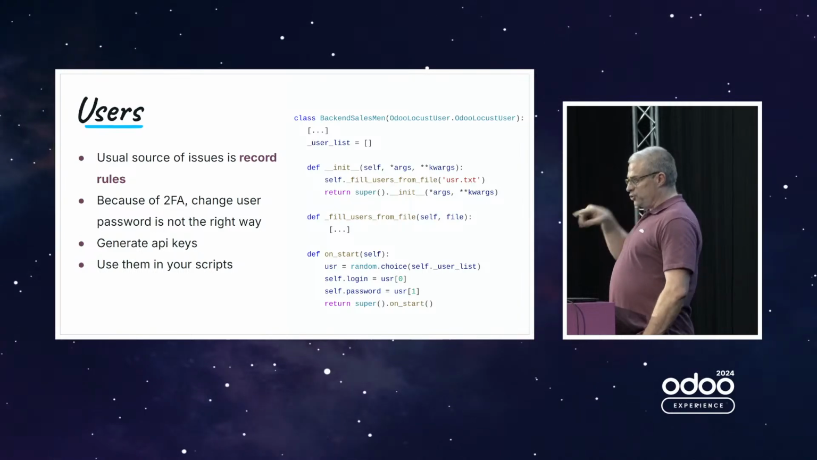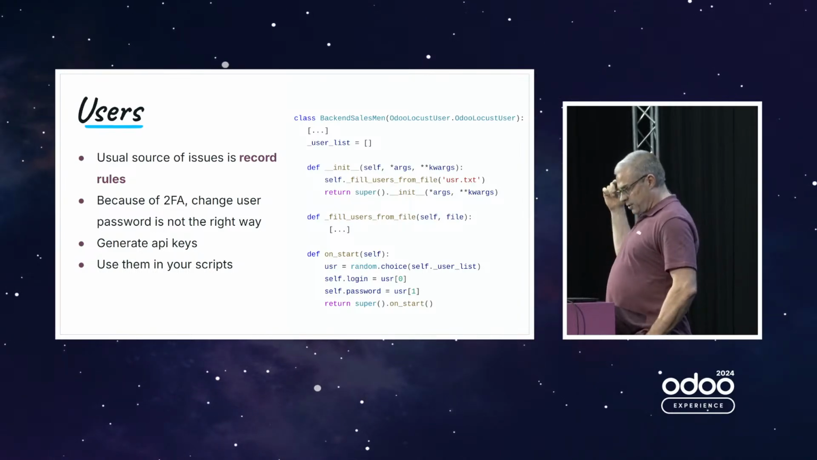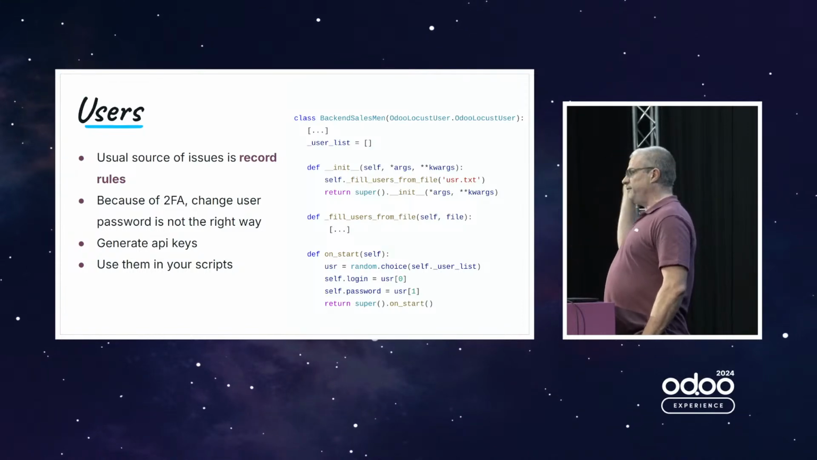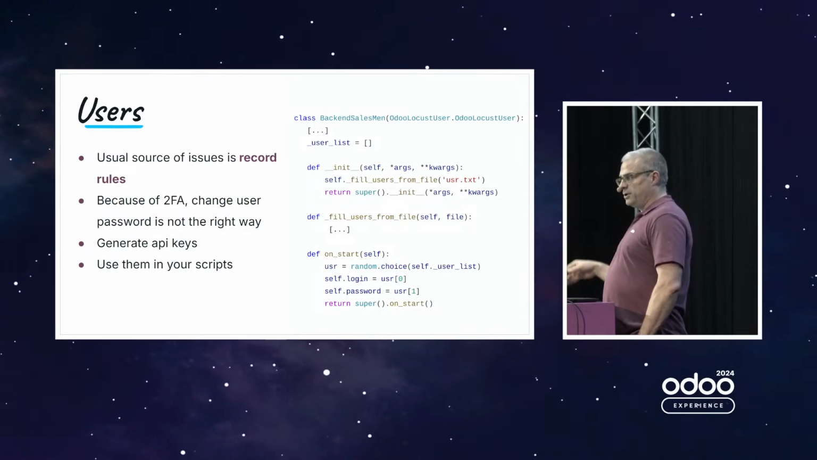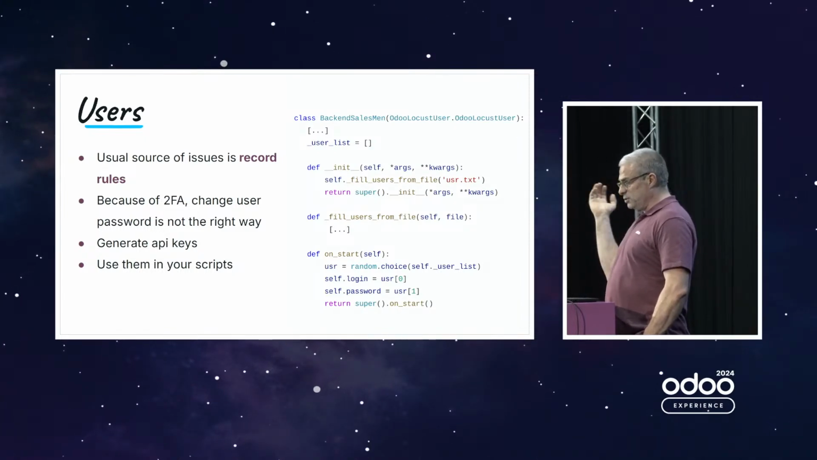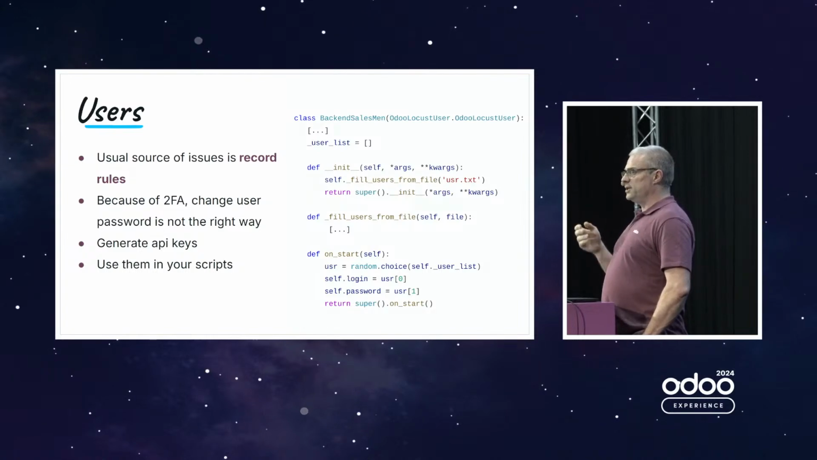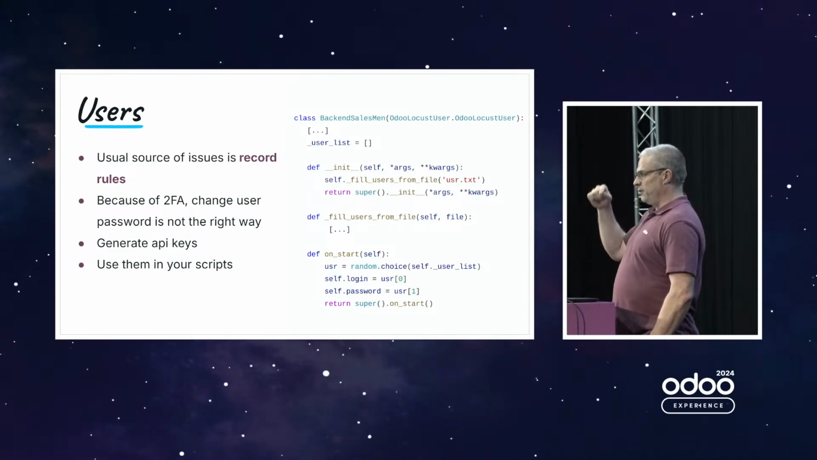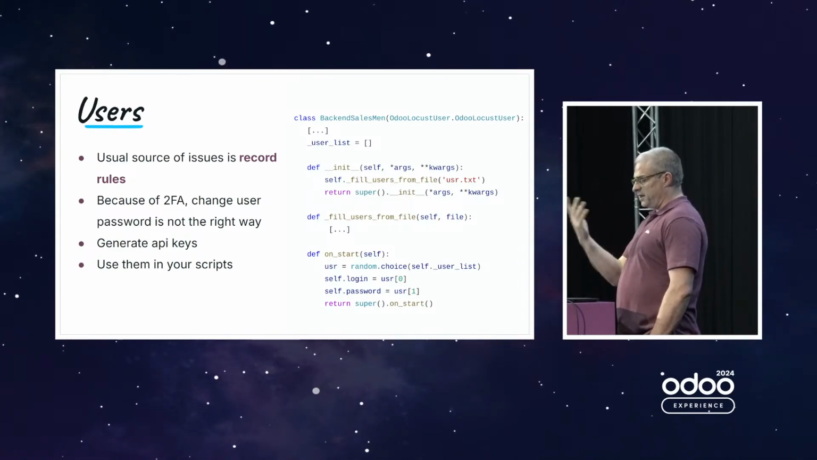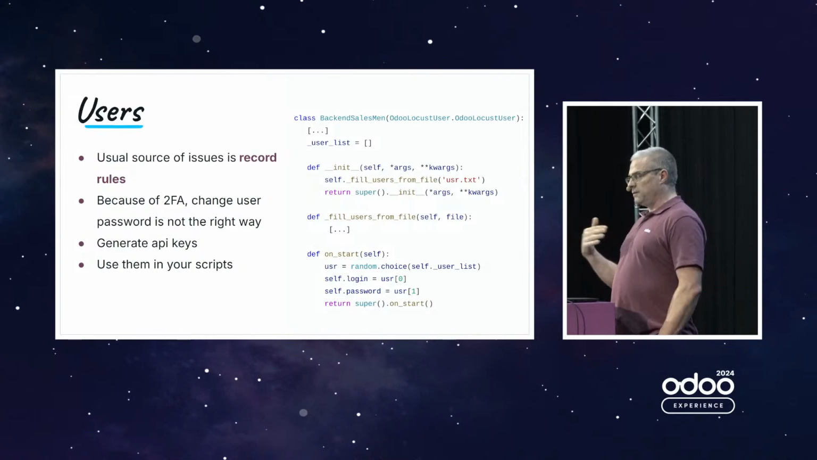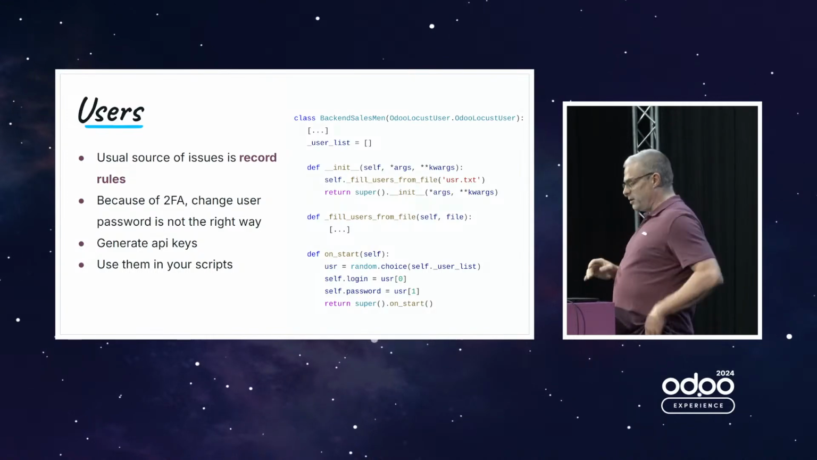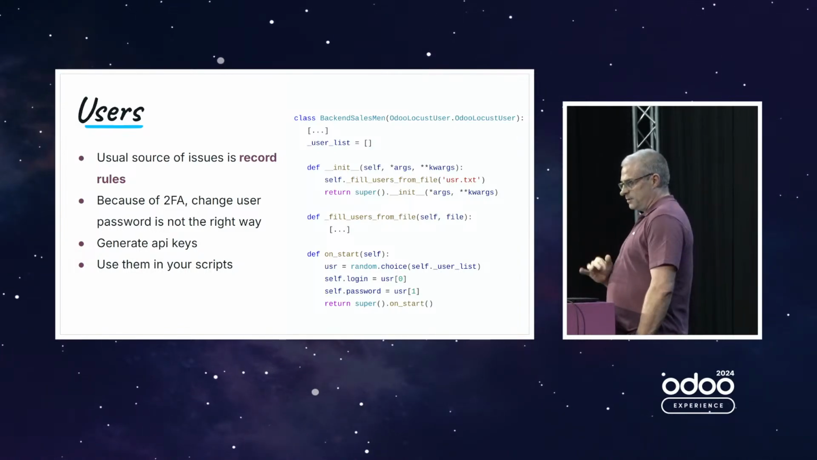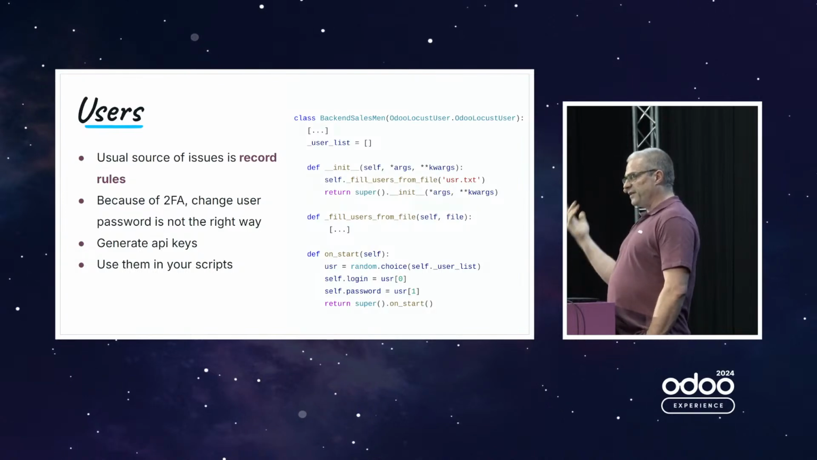Because the usual source of issues is the record rules, here I've created a users.txt file which contains logins and passwords. With those logins and passwords, I will be able to load test the system using those real users. If 2FA is activated on the database of the system, you cannot simulate the 2FA. You cannot type a TOTP password 10,000 times a second. It's not possible. So the way to circumvent this is to use